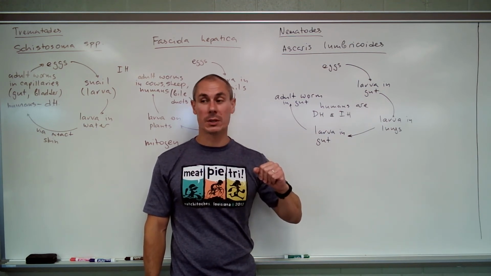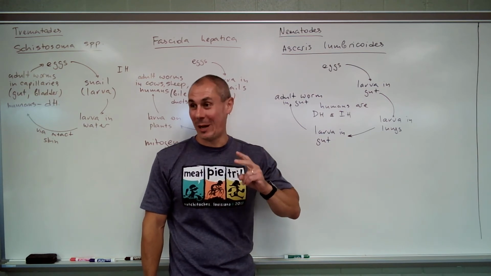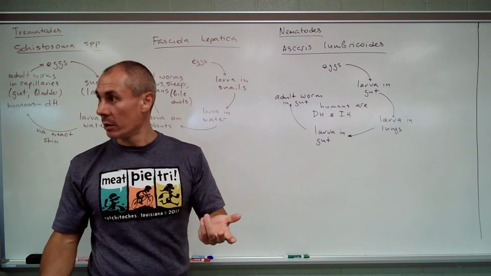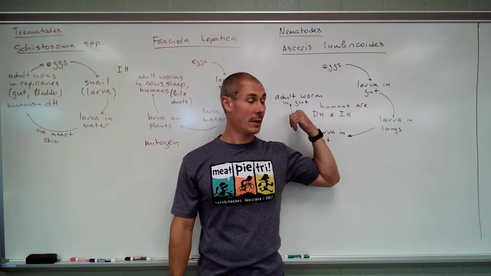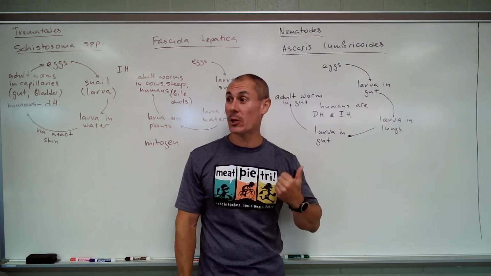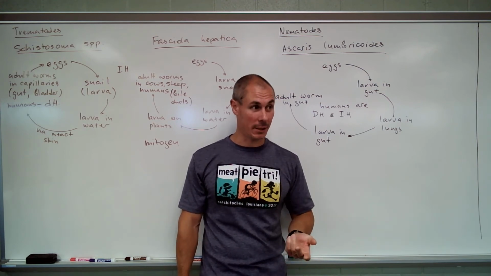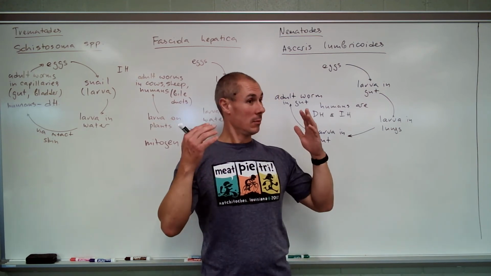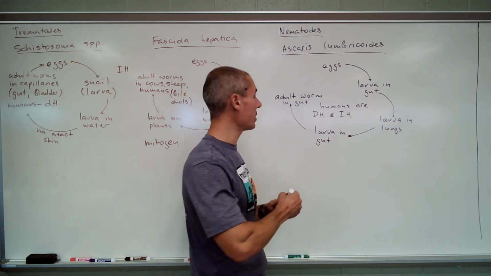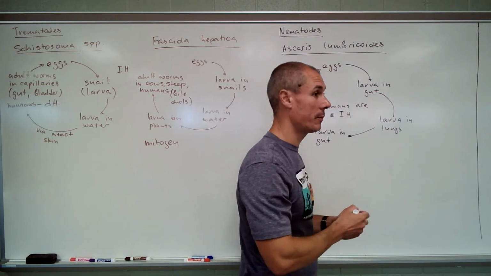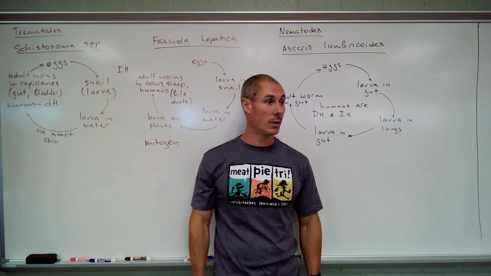If you have one person, can one person give birth? No. You need two people of opposite sex, right? And there's only female. So, even if you have a female in the gut, unless there is a male, it can't produce eggs. So you need two worms of opposite sex. When that happens, female can churn out up to 100,000 eggs a day. Okay? And eggs pass in feces, end up.